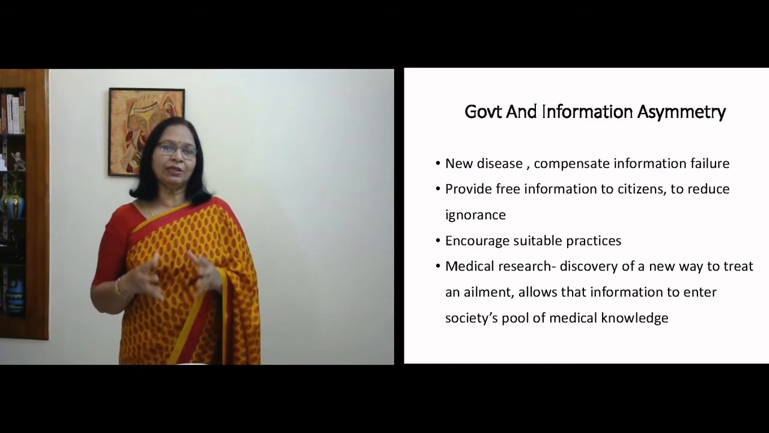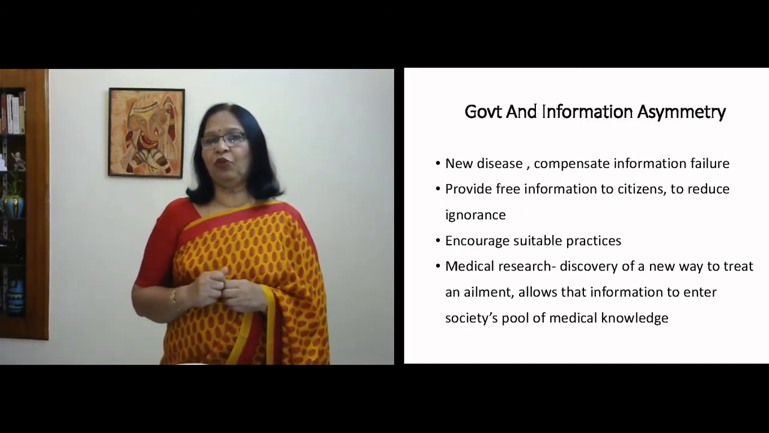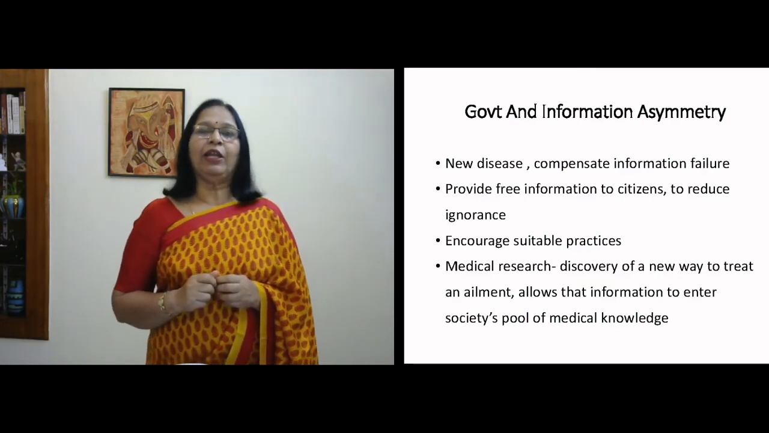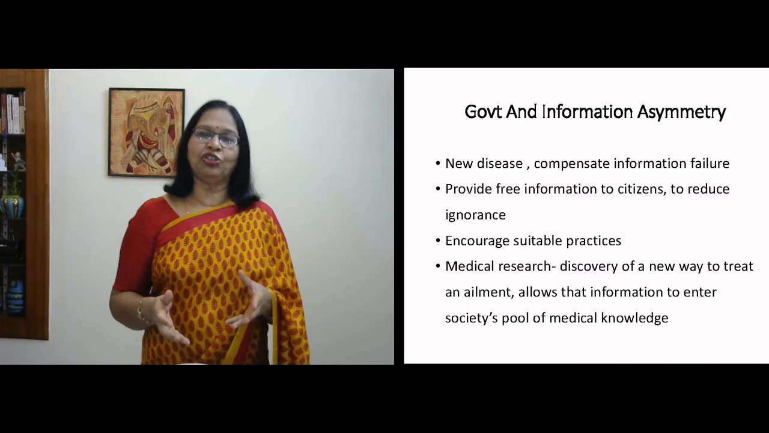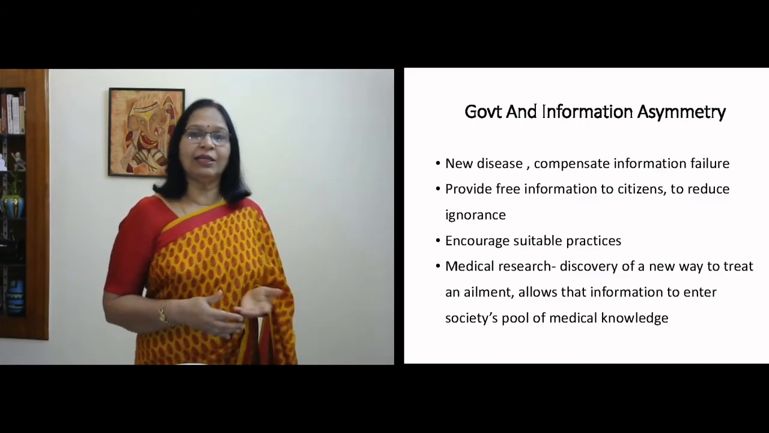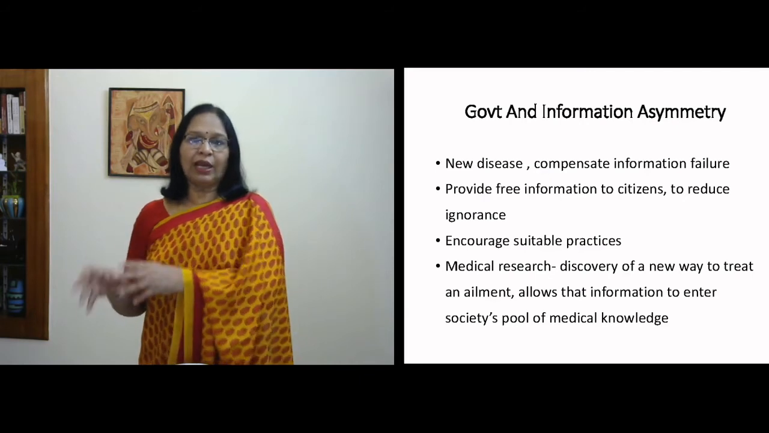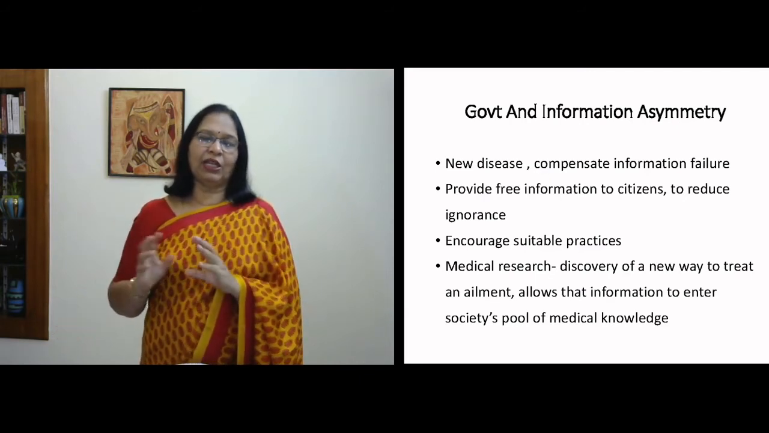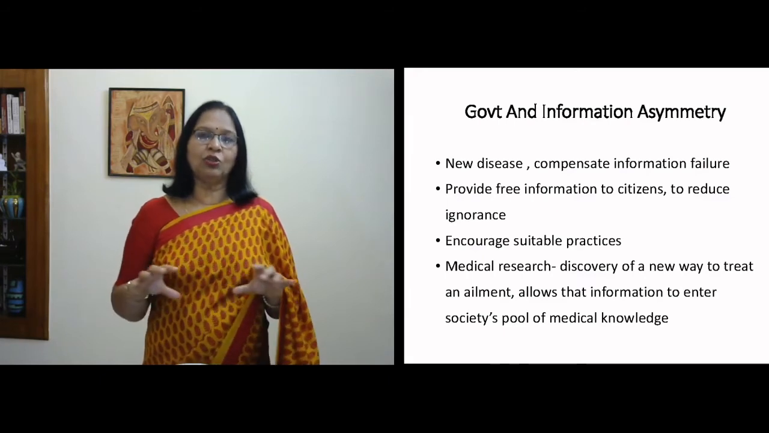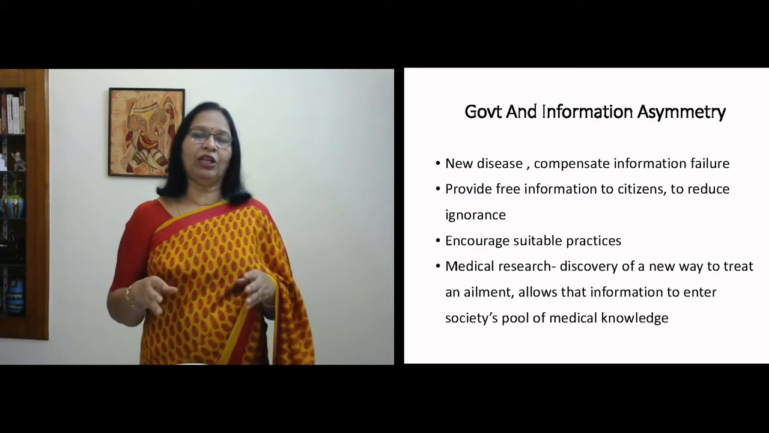Whenever a new disease occurs, the government has to compensate for that information failure. In which case, the government has to tell the insurance companies as well as the people what is the nature of the illness, what is likely to happen with this illness, what is the nature of cure that is expected, and so on and so forth. So once this is known to both parties, then both parties can decide on the kind of insurance